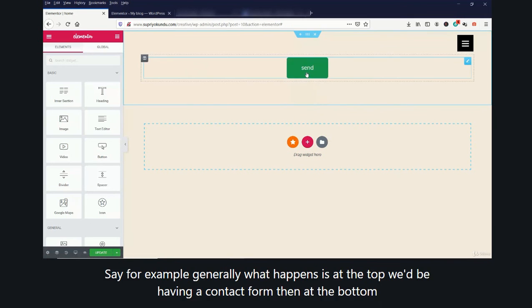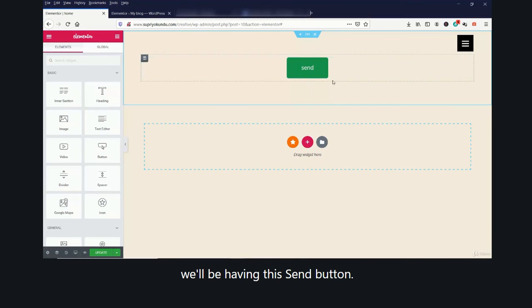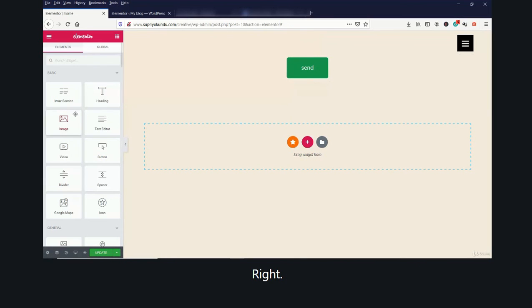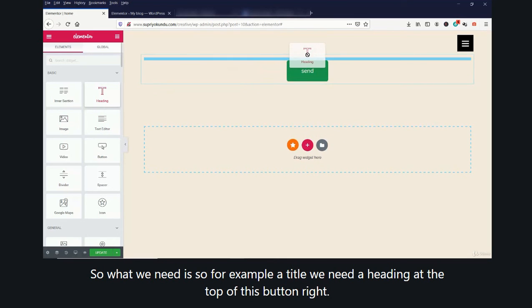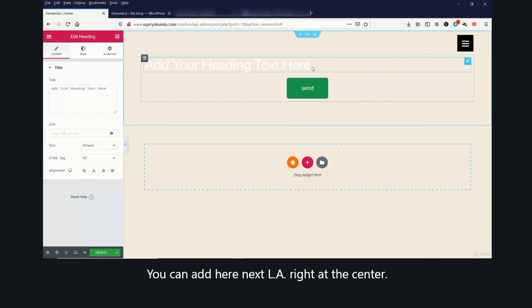Now, say for example, generally what happens is at the top we'll be having a contact form. Then at the bottom we'll be having this send button, right? So what we need is, say for example, a title. We need a heading at the top of this button, right? You can add here. Let's align it right at the center.